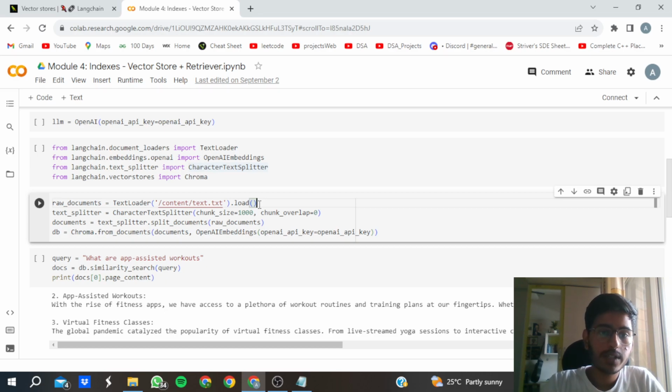Then we have the text splitter. We have used the character text splitter, and we have divided it into a chunk size of 1,000. I'm sure you have seen previous videos for understanding this in a better way, or else you can go and check that out. Once the text has been split, then we create the documents. So the raw documents have been split. This is a crucial step. Then comes the most important step,